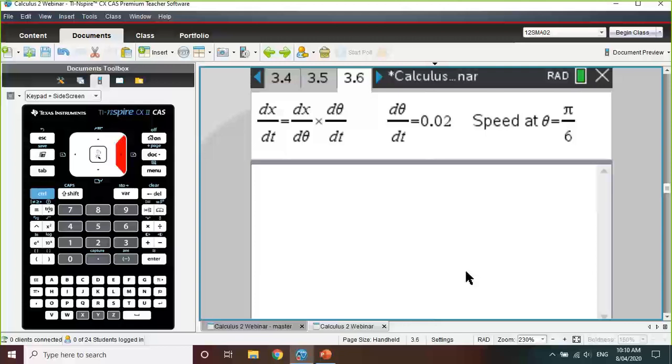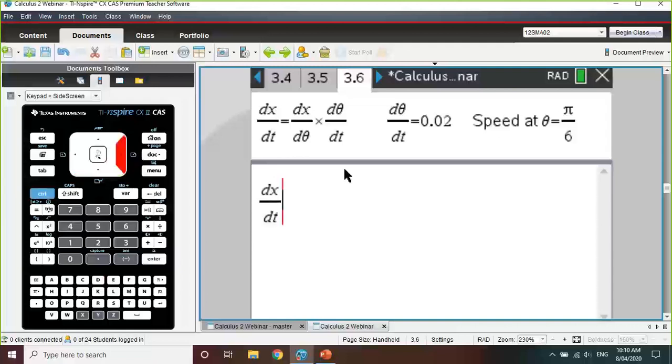All right, so we've established we're trying to find dx/dt. In the question, we're given dθ/dt, and we just found x in terms of theta. So we want to try and summarize all of our information. Maybe on either a new page or below, or in your book or on your piece of paper, you might want to summarize all the information given to you there. So putting this all together now, we've got,